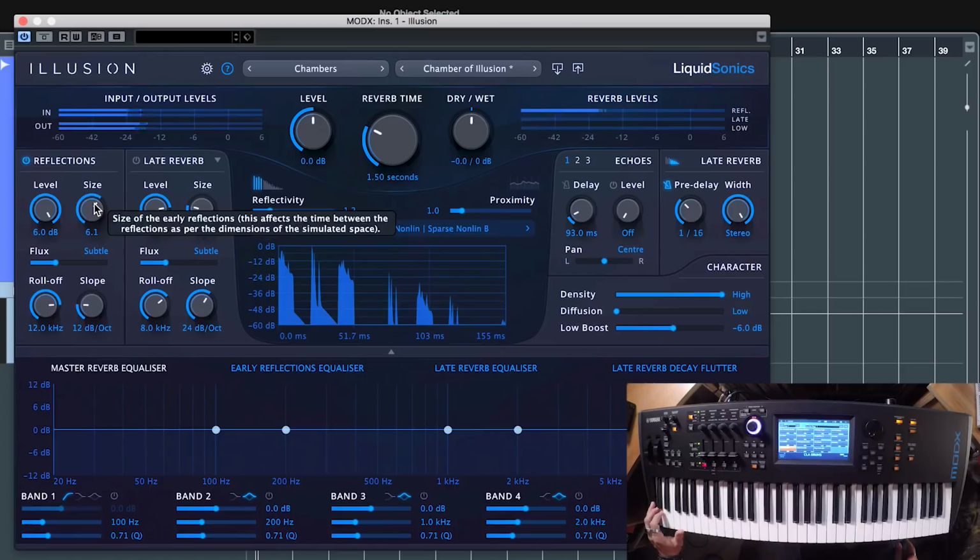So this is supposed to be very short, but with the Illusion we can get that to be longer than normal and use it in creative ways like now. And what I really like is that you can change the size of the early reflections completely independently of the size of the late reverb, which is very cool, because I can just make it very short